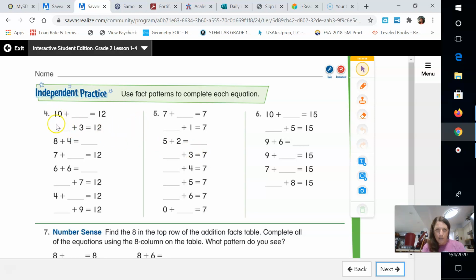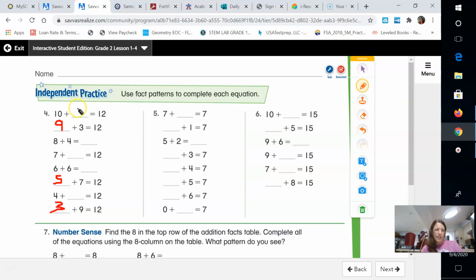You can just count down by 1. 10, let me get a pen. 10, something goes here, 8, 7, 6. What do you think it is? 10, 9, right, it's going down by 1. 10, 9, 8, 7, 6, 5, 4,